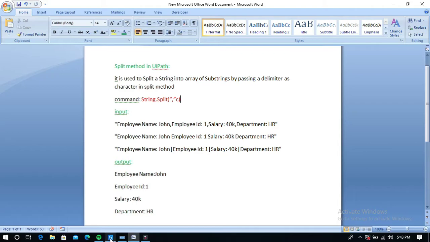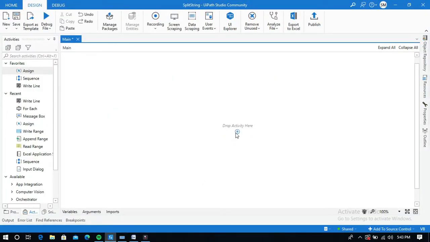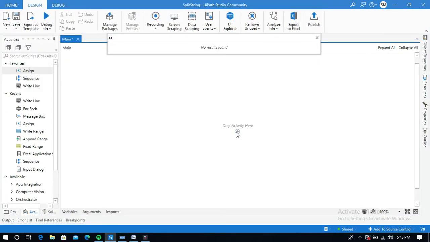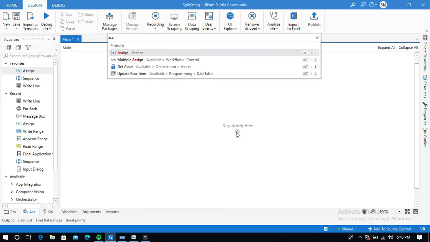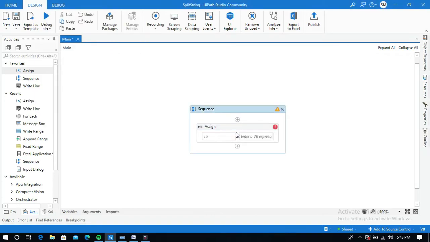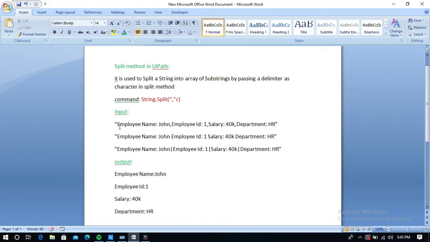Okay, so go to UiPath Studio and search for assign activity. Here I am going to create a new variable and I am going to name it split string. Let me pass some value here, and I will take that value from my sample document.